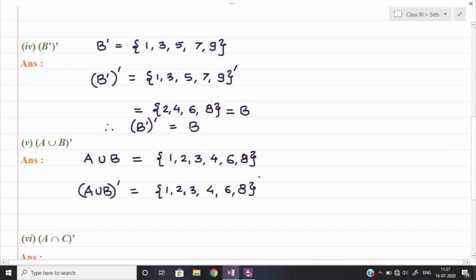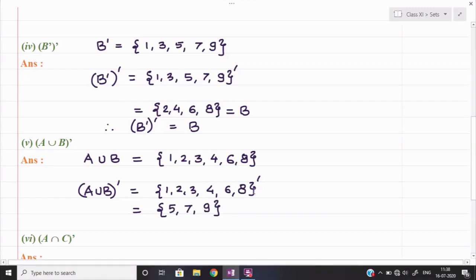Complement we are finding it. Okay, so these elements I will subtract from U. Now in U which elements are coming here? In U elements are coming 1 to 9. Okay, so 1, 2, 3, 4, 6, 8. If I subtract from U, then in U remaining is 5, 7 and then 9. So I think these three elements will come because 1, 2, 3, 4, after that 5 is missing, 7 is missing and 9 is missing.